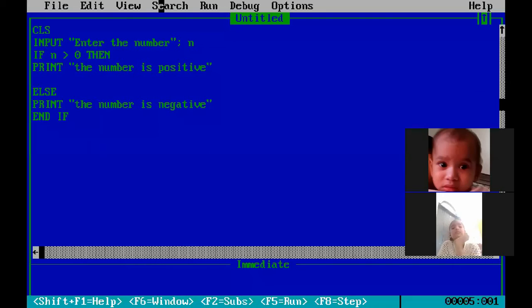If you have 3 or 4 lines, and after a certain condition you want to run the line that is on the fourth statement, this go to command helps. It will not run the line on 1, 2, 3, but it will directly run the line at 4, because we have used the go to command. Is it clear?